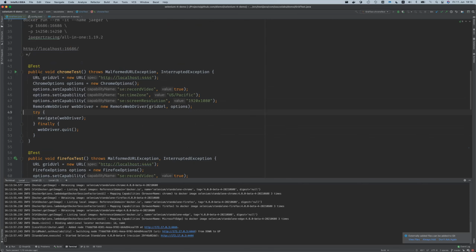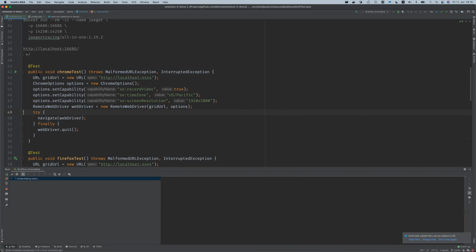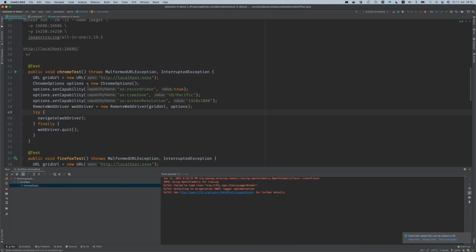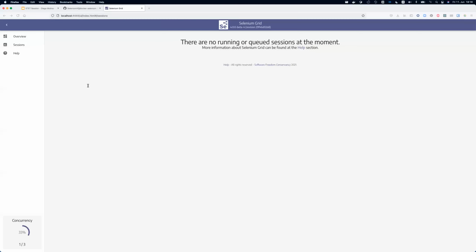We're going to see in the logs that something comes, but first we're going to see IntelliJ IDEA showing how the test starts. Just to give you and your community an idea of what is happening: the request is being sent, and in the background there is a container being created to run this session. So the container is created and video is being recorded. There is a moment while we check the container is up and running that the video has already started. So if I switch back to the grid,